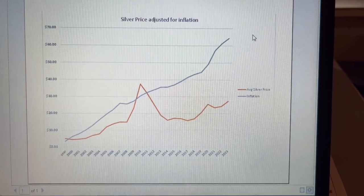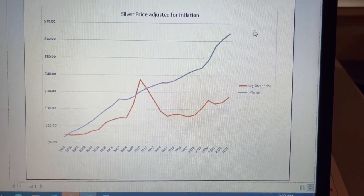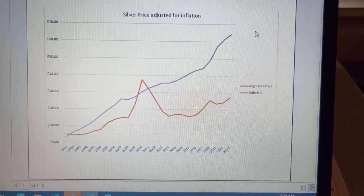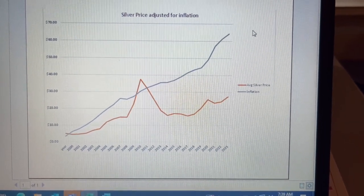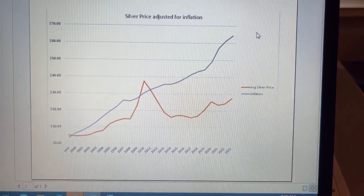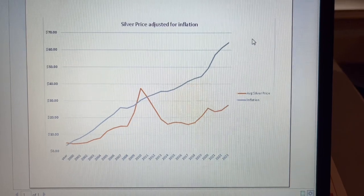And I'm not promising that. But when inflation goes parabolic like that, silver has got to follow. Silver has just got to follow as it has in the past and could exceed, you could see $75 silver if it punched above that inflation line. This is not scientific, it's just a visual graphic of how dramatic the increase in inflation is versus how suppressed the price of silver is,